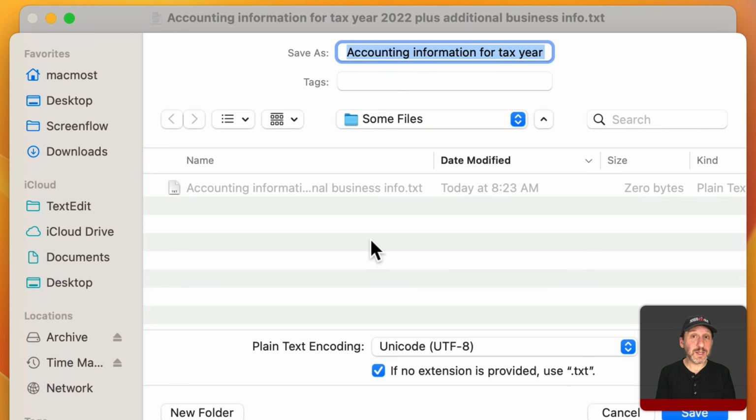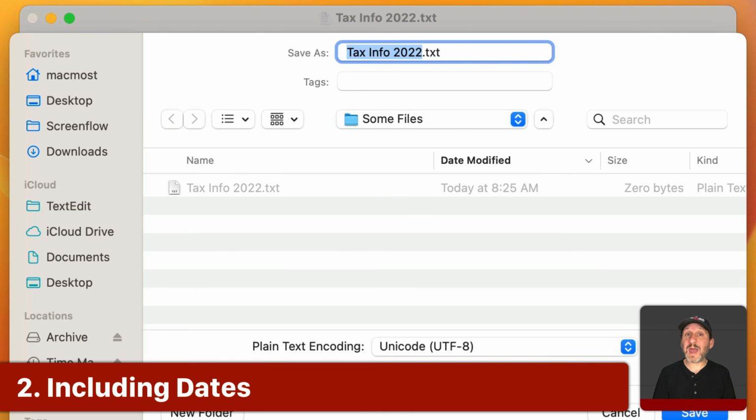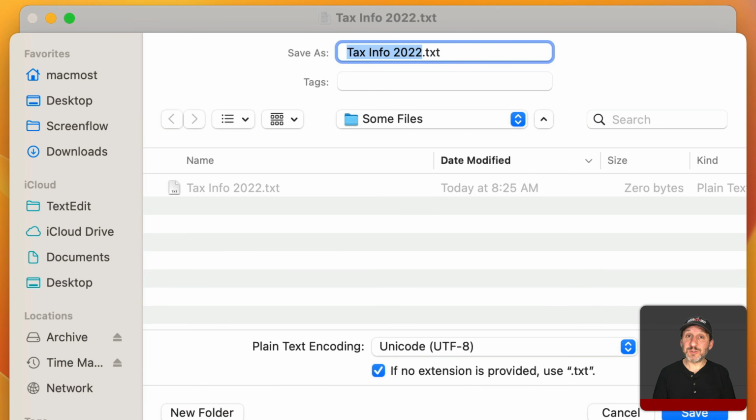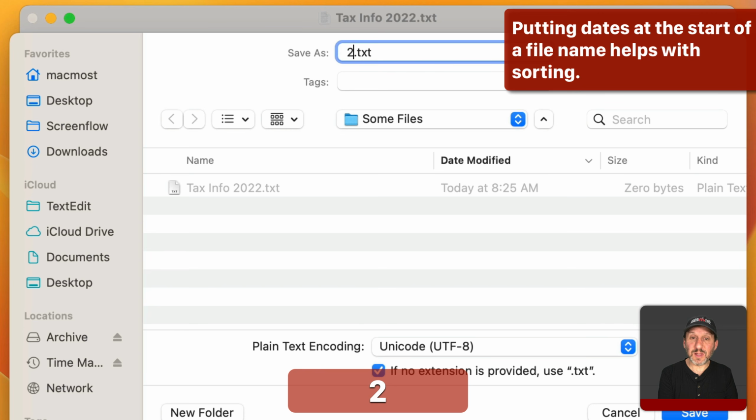So something shorter like this may make a lot more sense. But it really depends on what you need to be able to identify this file. Now notice this file name has a date in it, or at least a year. A lot of people like to include dates with files, especially if they're going to have similar files but for different dates, either days, months, or years. So in this case, you may just want to include the year. And it may be useful to actually have it at the beginning. So something like this